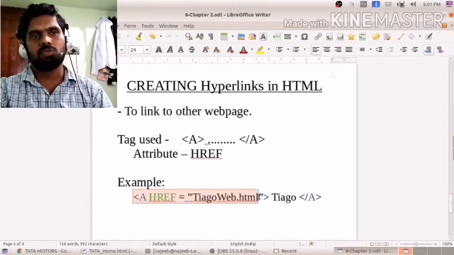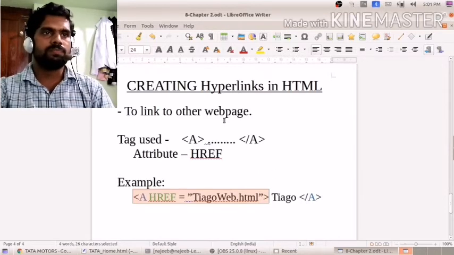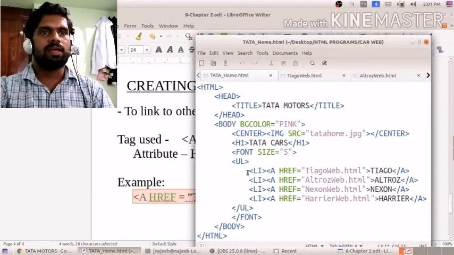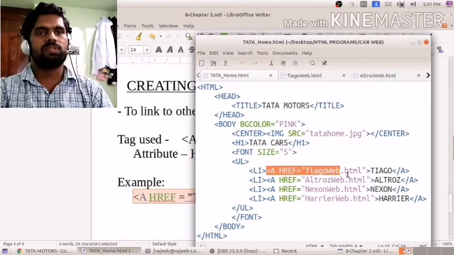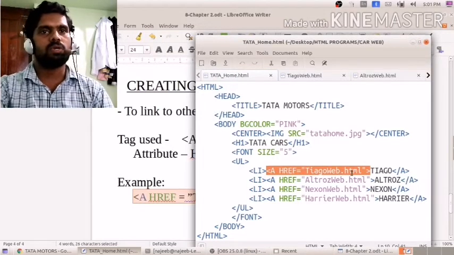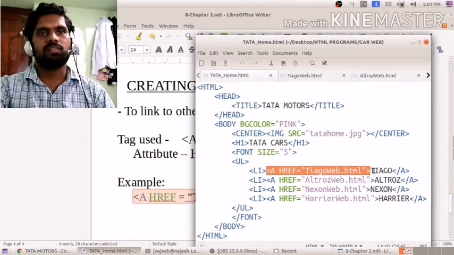So a is a hyperlink tag used to create a hyperlink. Here you can see the li item, the first item is Tiago, then a href Tiago web.html, so it should go to that page when clicking this Tiago.